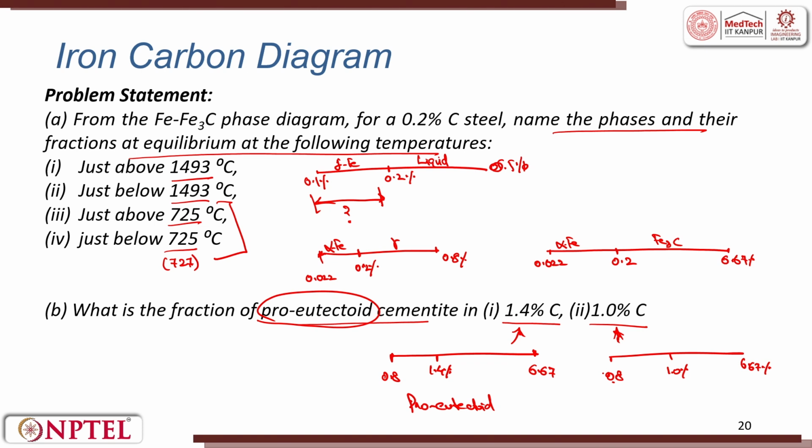So, I have been majorly discussing the iron carbon diagram. These are the percentage changes when a liquid transforms into a solid, for example, when you learn casting in the next week. In casting, liquid solidifies, so what is the need of a riser, what is the need of a sprue? These are different components or parts of the mold system. There you will understand the need for phase diagrams and metallurgy, and what kind of heat treatment is required later when we do certain machining or surface case hardening. Those things will be applicable in the further weeks. We have discussed the iron carbon phase diagram majorly in this week in the previous lecture.